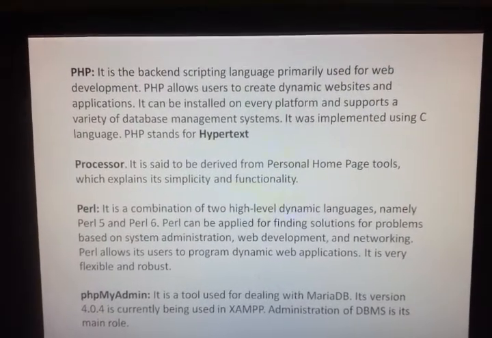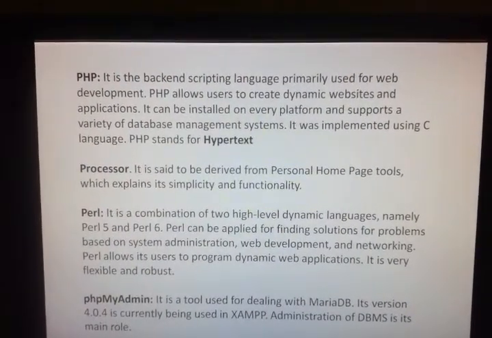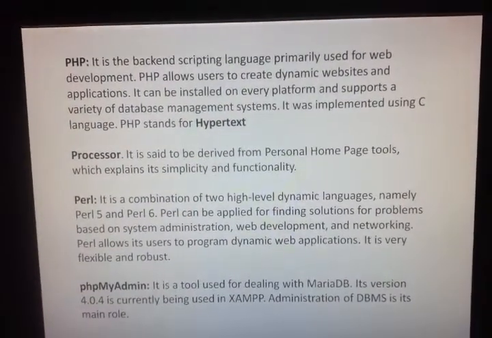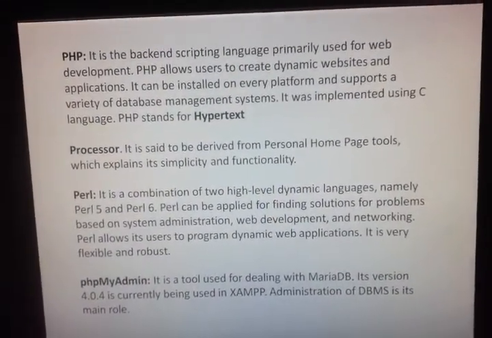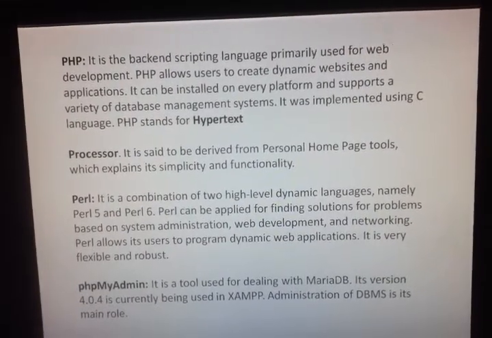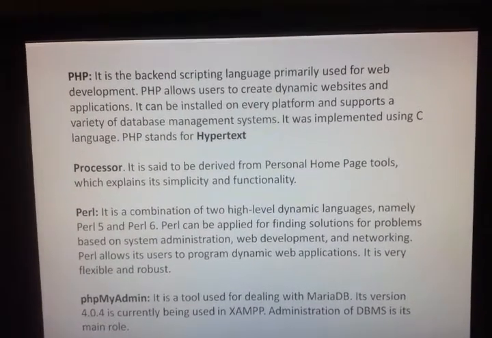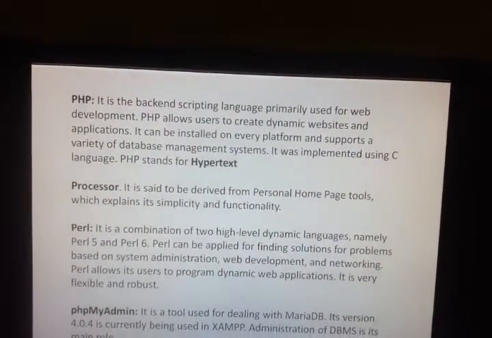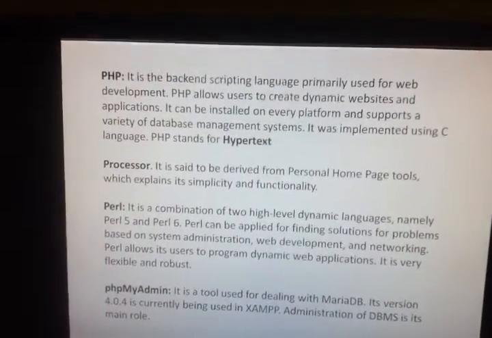It can be installed on every platform and supports a variety of database management systems. It was implemented using the C language, and PHP stands for Hypertext Preprocessor.